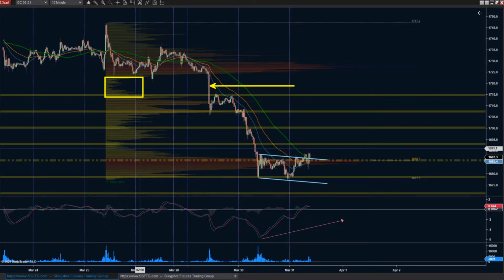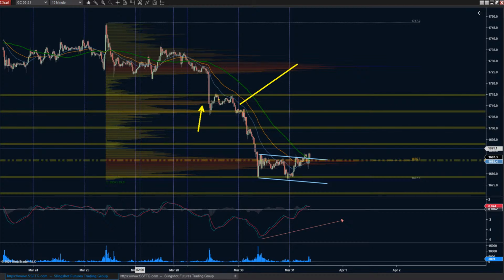There's naturally going to be a volume void. But once it starts regaining a little bit more volume, that's going to be the first clue as to what's going on. Are they accumulating, which would be increasing volume on the way down, or are they distributing or profit taking, which would be lowering volume on the way down? In this case, we saw that initial big pop in volume. It is still lower than the previous. That would suggest that it's a little bit more profit taking than buyers trying to take over yet.